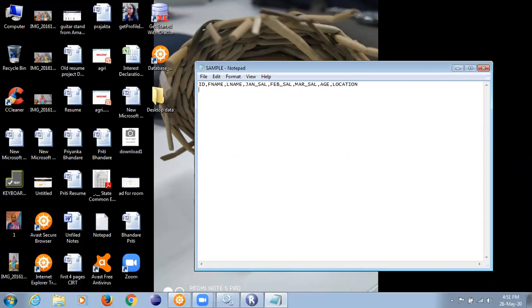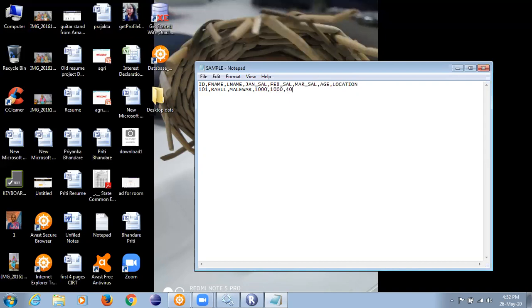Anything can be used as a delimiter, but usually we use special characters as a delimiter, but it is not mandatory. You can even use ABCD 1 2 3 4 anything as a delimiter, but usually we use special characters. This is the thing which we are going to see when we do the practicals. Don't worry about that. What I am doing now is just taking a basic example to help you understand.